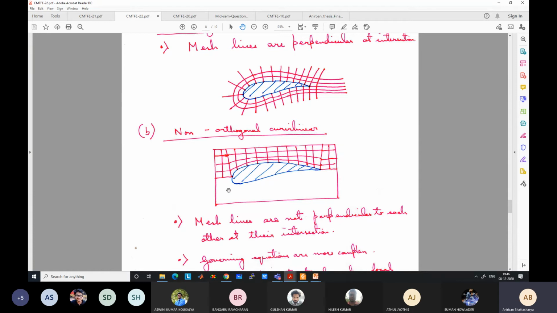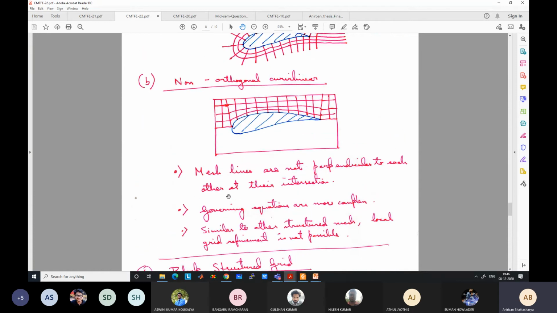And as a result, the flux calculation will be more difficult. So the governing equations will be more complex in this case. Mesh lines are not perpendicular to each other at their intersection. Governing equations are more complex. However, it is similar to other structured mesh. One difficulty in structured mesh, all the structured mesh that we have studied till now, is that